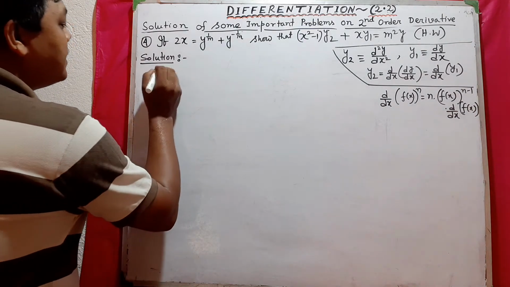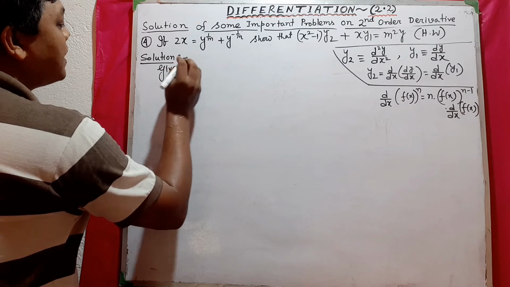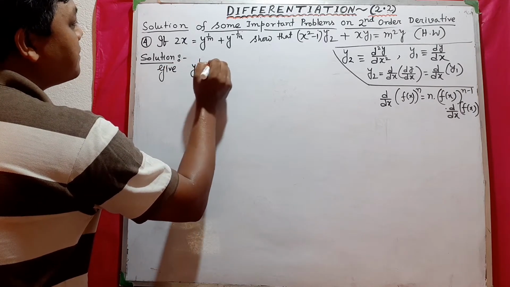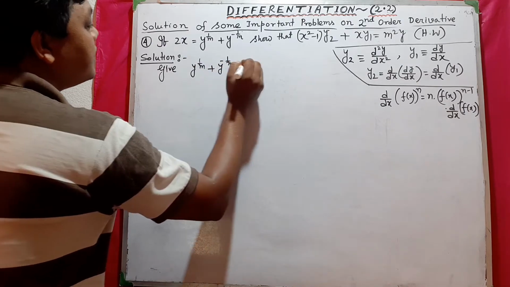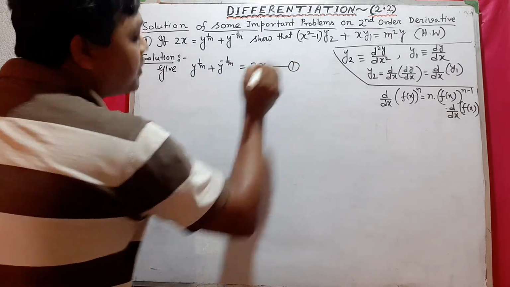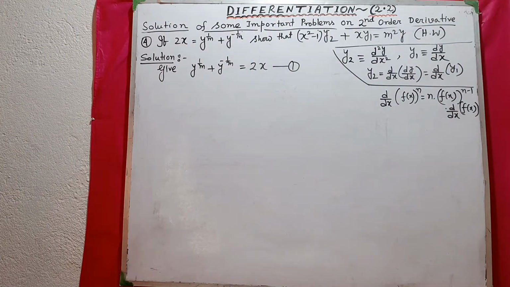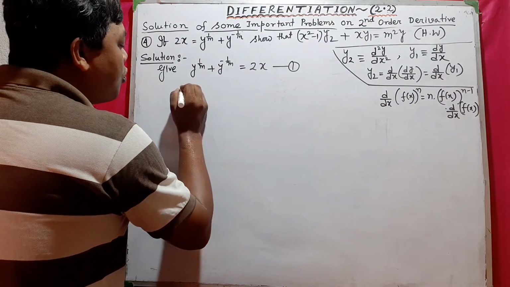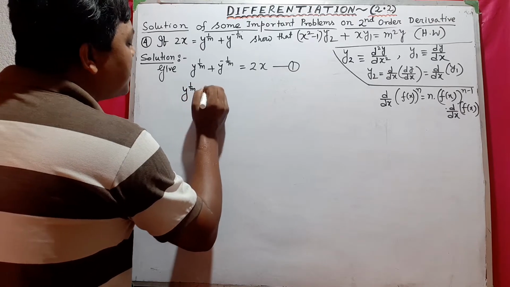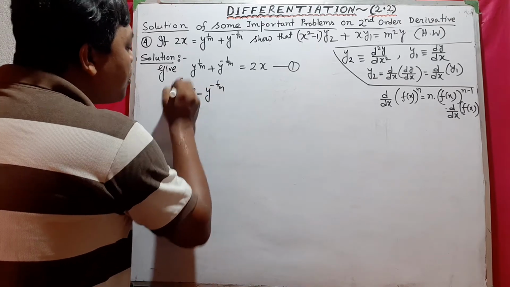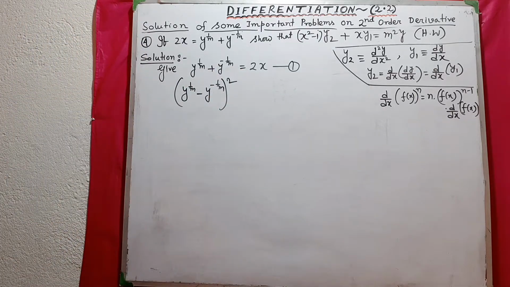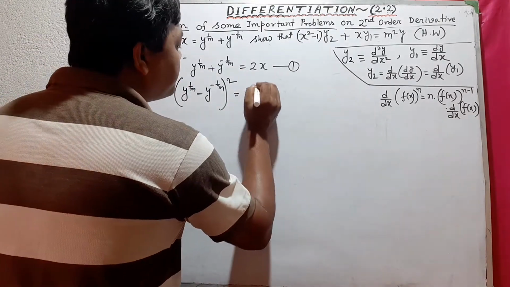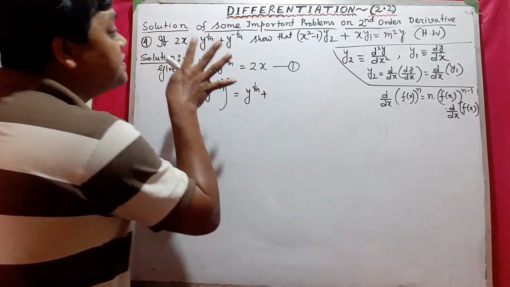So given that y to the power 1 by m plus y to the power minus 1 by m equals 2x. This is equation number 1. Now, what is y to the power 1 by m minus y to the power minus 1 by m whole square? That equals y to the power 1 by m plus y to the power minus 1 by m,